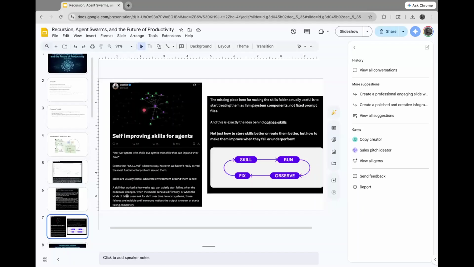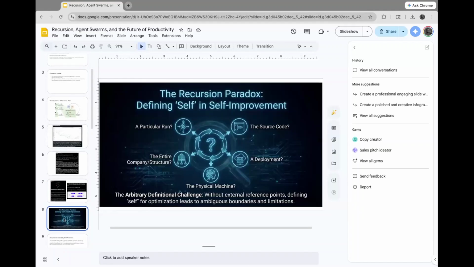If you take a look at the text here, a skill can work, but then start failing when the code base changes, or a model changes, or the tasks shift over time. Which brings me to the big issue with recursive self-improvement: you don't necessarily know what you're changing, or you're always changing things inside of an environment. And that's the problem, right? You have to define the self. Are you talking about recursive self-improvement